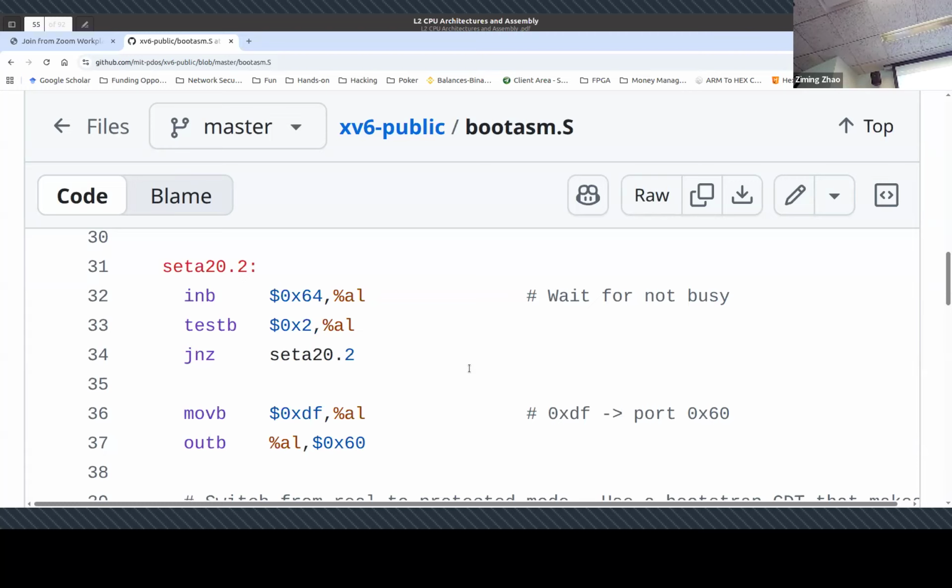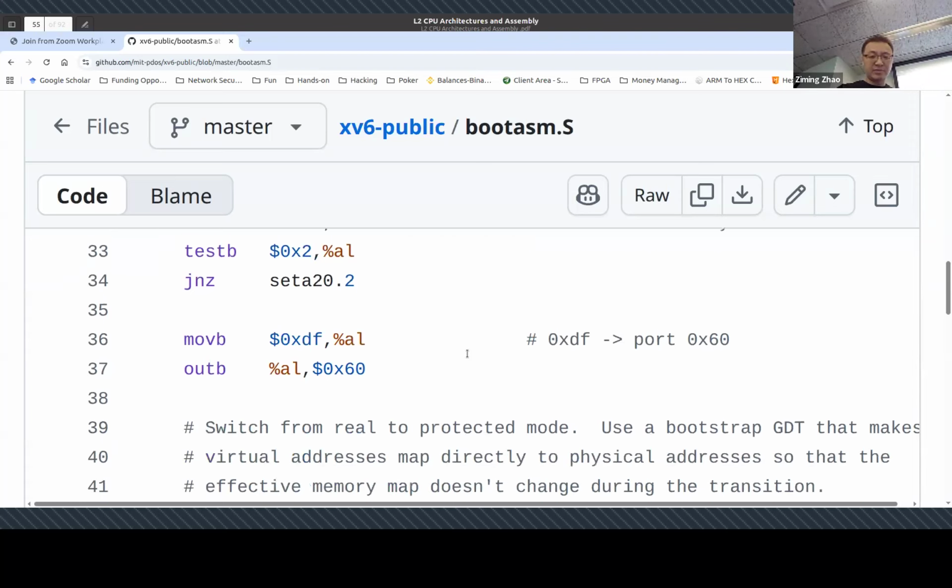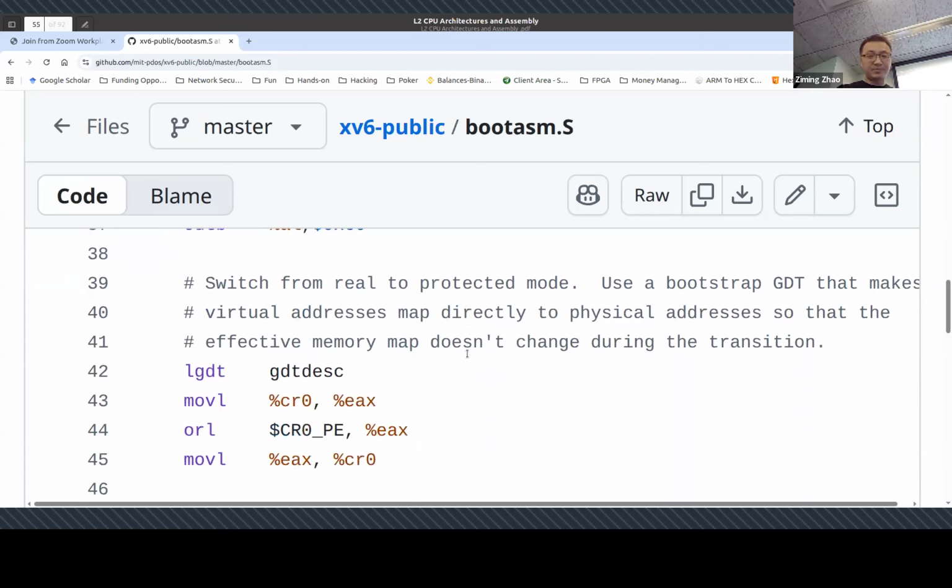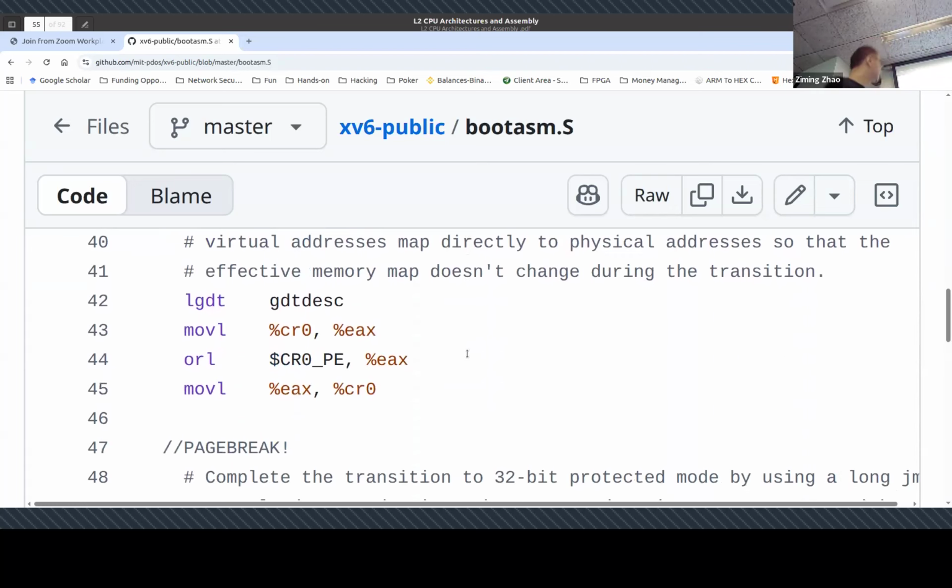Okay. So I believe that it's somehow related to the keyboard. And also, oh, this one is related to enabling the address 20 line. There is a particular line in early Intel CPU, it's address 20, and it has to be explicitly enabled, I remember. Yeah. So after that, we are going to